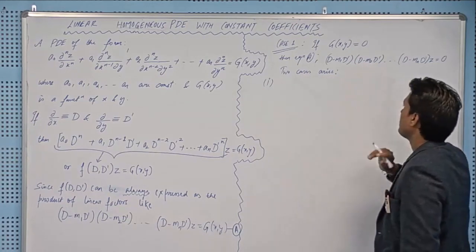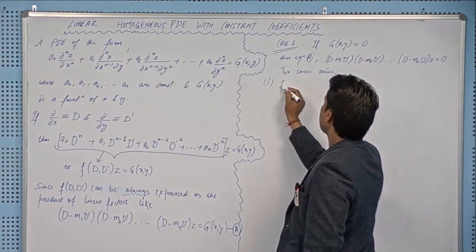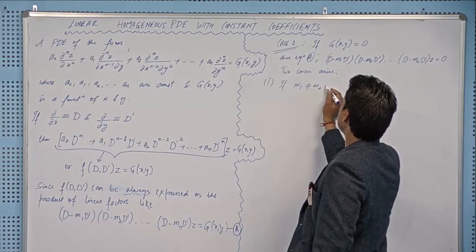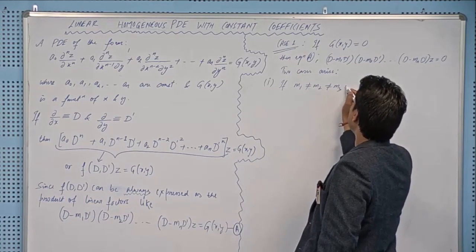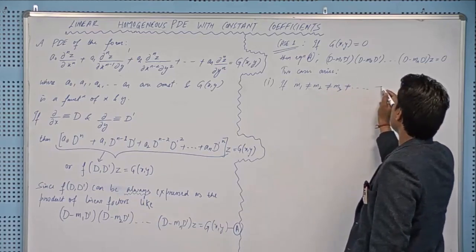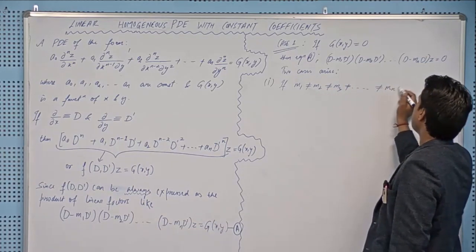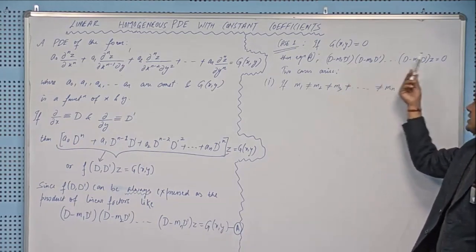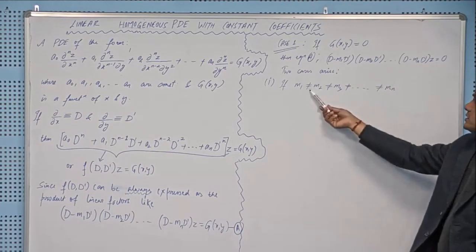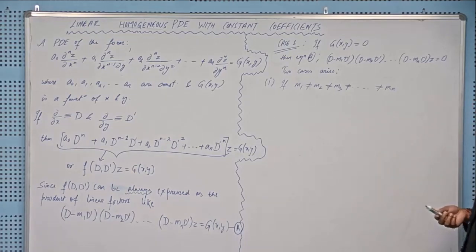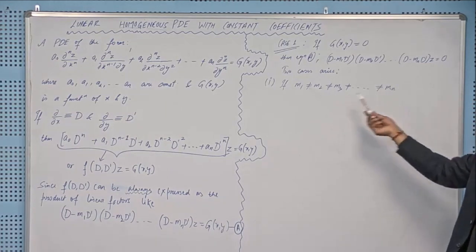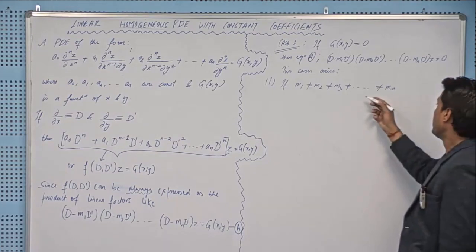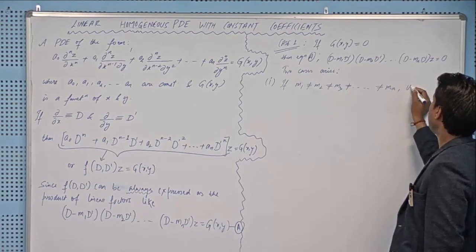First case is if m1 is not equal to m2 is not equal to m3 is not equal to up to the last root mn, means this is already in factorized form, and if you put every factor equal to 0, then m1, m2, m3, not equal to, sorry, these roots will be obtained, right? If this is the case, then